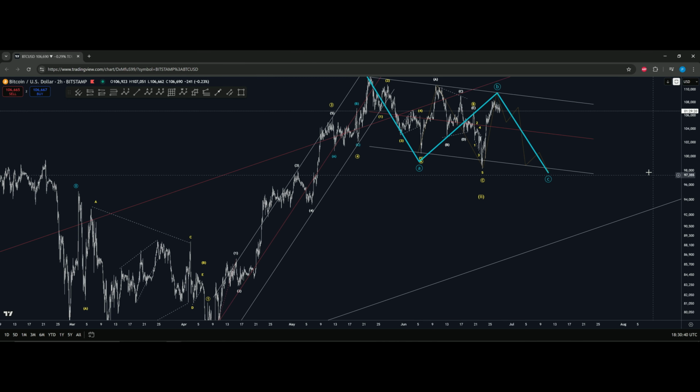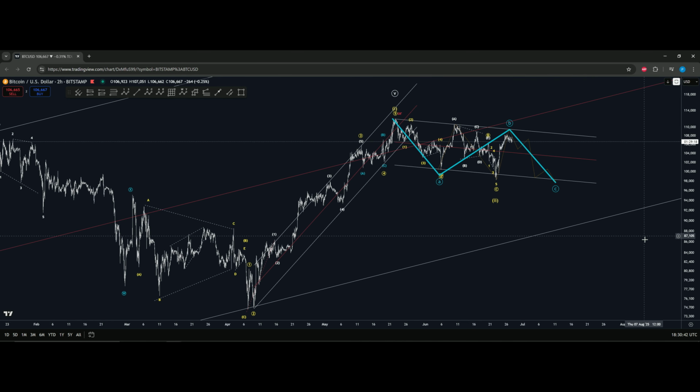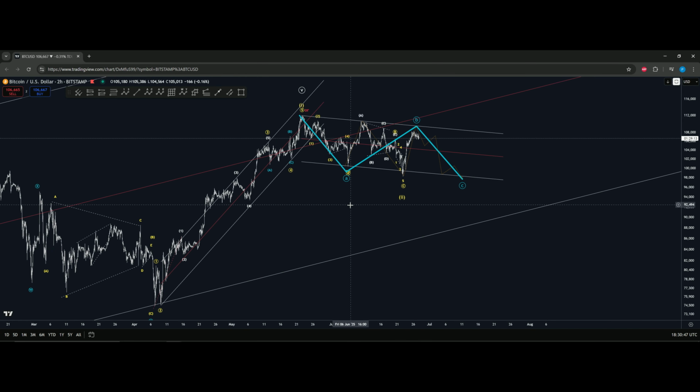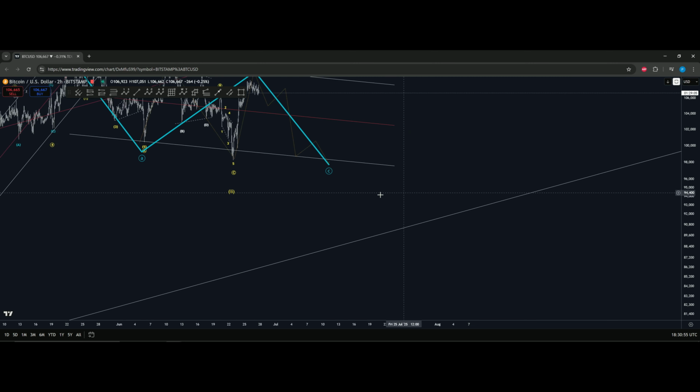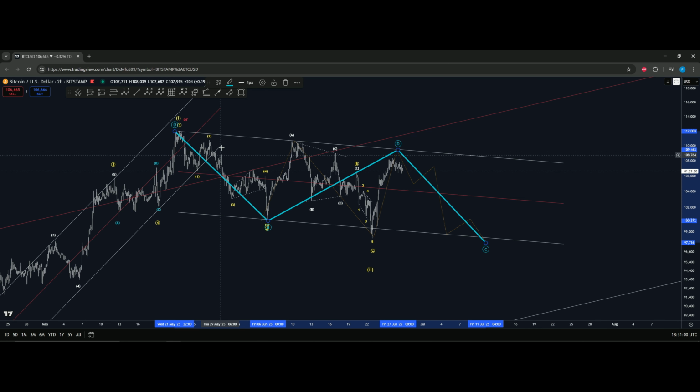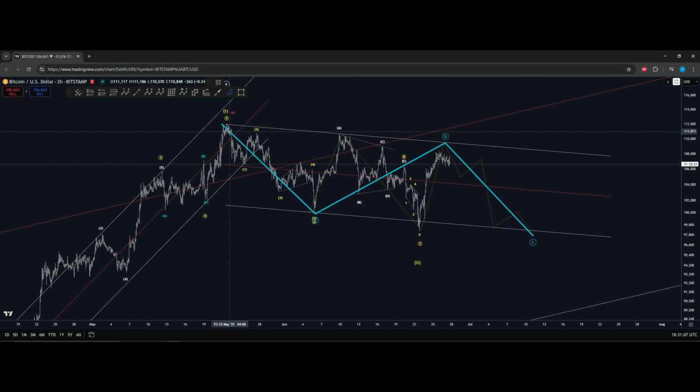All right, so what is going on now? First of all, one of the counts that could say that we're done is that we're having a wave A here. Let me zoom in actually. So wave A with the 5 swings. Mind you that I didn't find a proper way to count an impulse here. And honestly, I don't like when impulse is channeled this way.